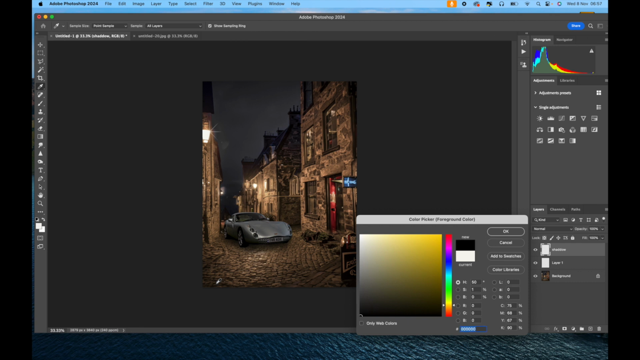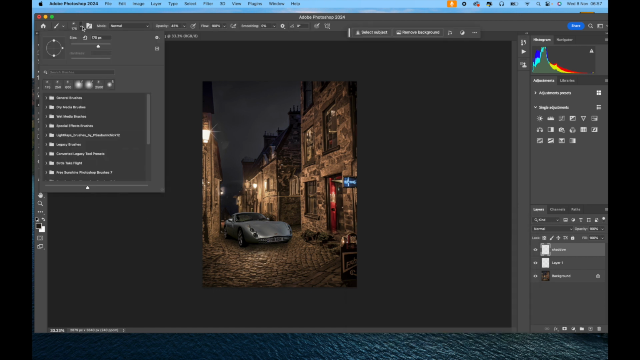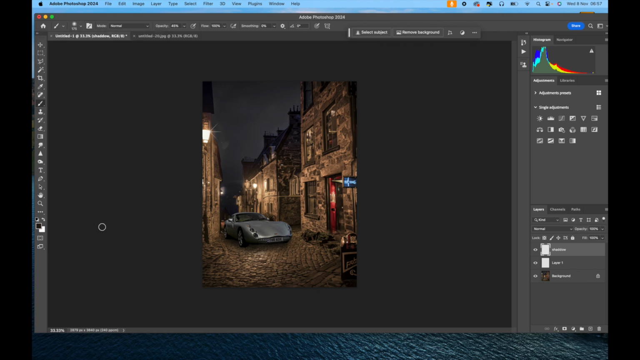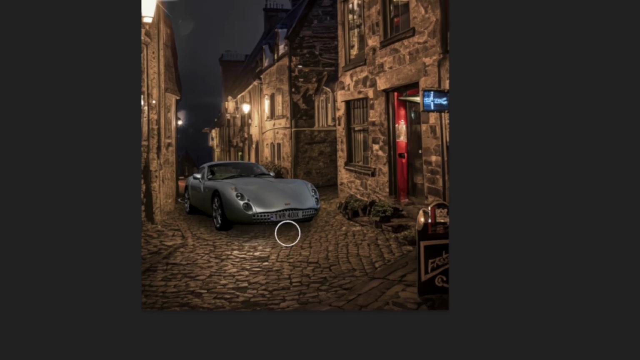Actually, what I'll do is select a dark brown from the cobbled street, select my brush. I need to change my brush back to soft. I'll increase my brush size, reduce the opacity down to 19, and then I'll just lightly go in front of the car, because the light's beside the car, but we want to give the car some kind of depth here,